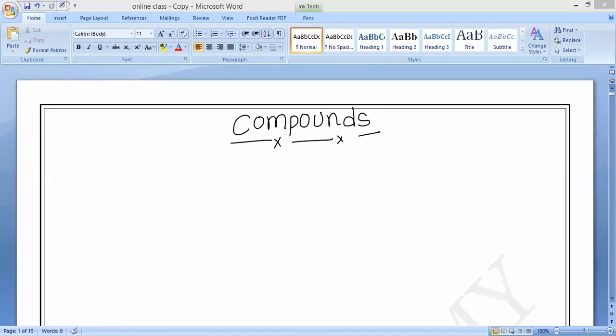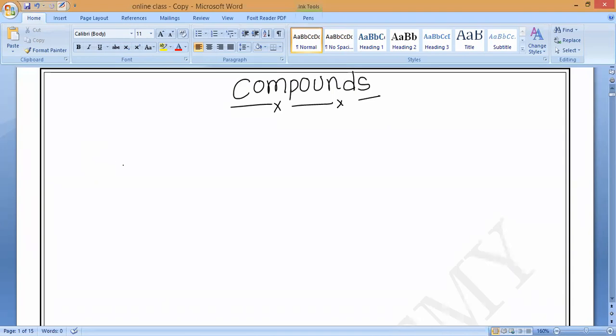Is it yes or no? Yes, sir. So a magnet will separate iron filings from sulfur. That is the first method. And the second method: suppose you don't have a magnet, then to separate the iron and sulfur we can use an organic chemical compound called carbon disulfide.